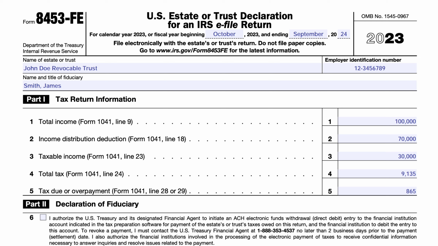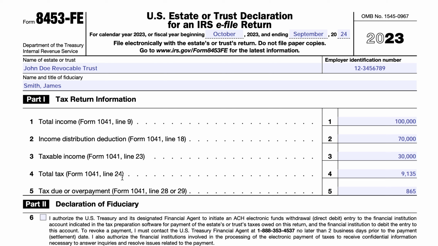all of this completed. It's a summary sheet where all of the information comes from your IRS Form 1041. So it should be pretty straightforward. I'm going to walk you through each section so you have a better understanding, specifically either as a fiduciary or an executor of an estate that's filing a tax return. So at the very top,